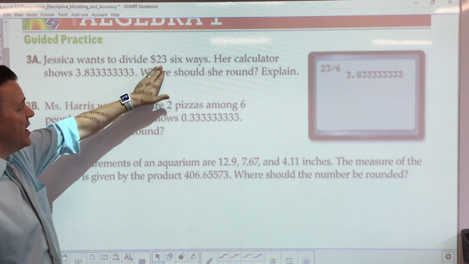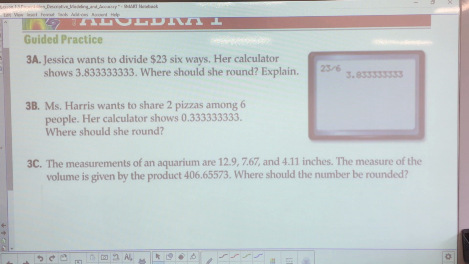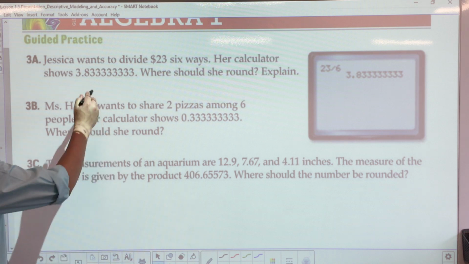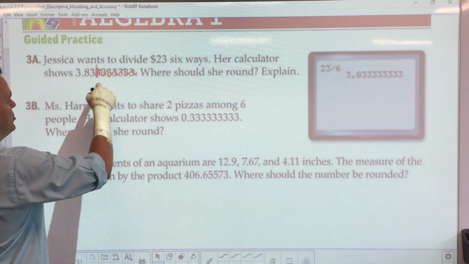All right, she wants to divide 23 dollars among 6 ways. Jessica's calculator says 3.8333. Where should she round? Of course, this is money, so where should she round? She should round here, at